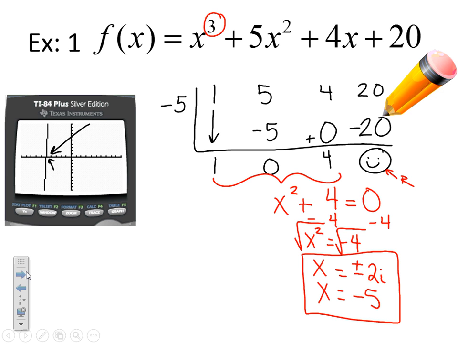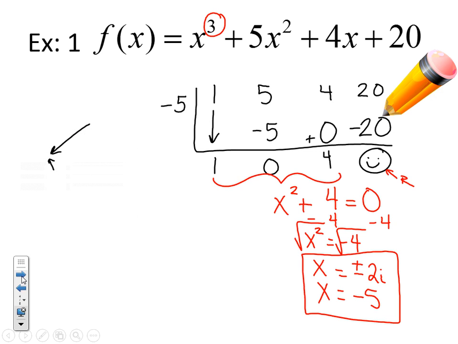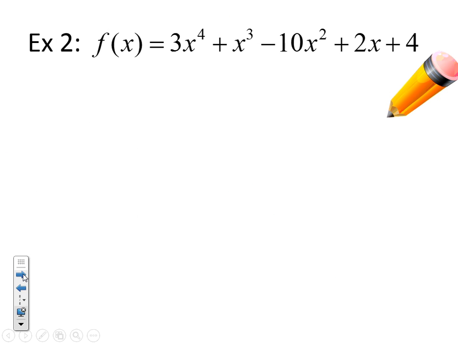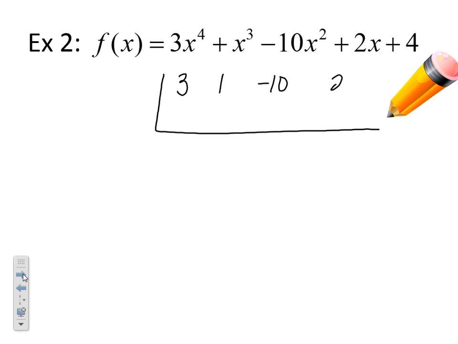Okay, so we use the graph to get this thing kind of going so we can figure out what's going on. Let's take a look at another example here. Next one. Second example, function f of x equals 3x to the fourth plus x to the third minus 10x squared plus 2x plus 4. Okay, so like we did before, we know we're going to divide some solutions out to get it started here. So 3, 1, negative 10, 2, 4,